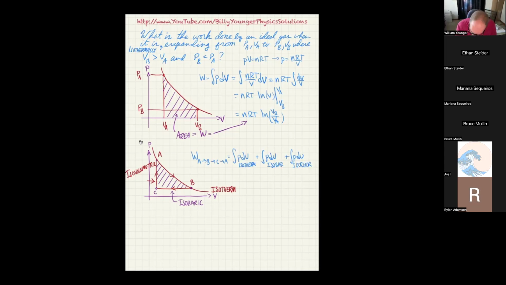So we already know what happens with the isothermal one. We get nRT times the natural log of VB over VA